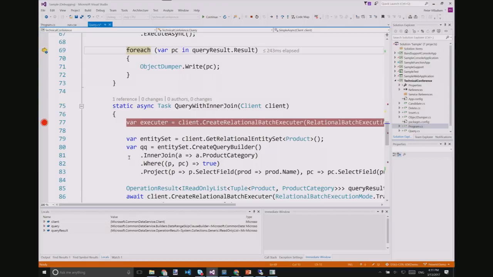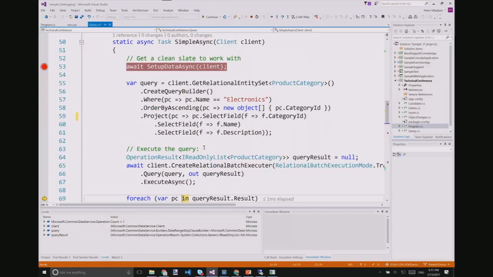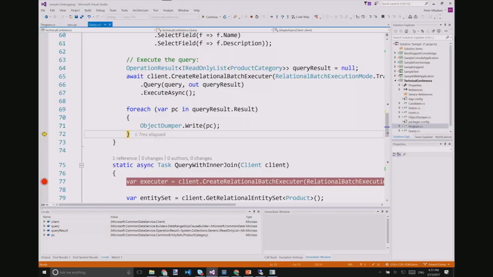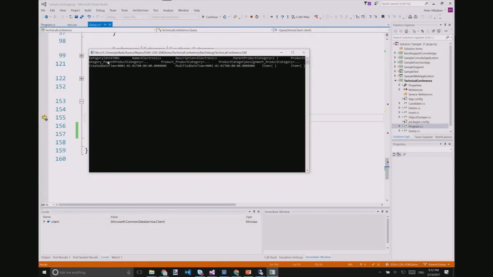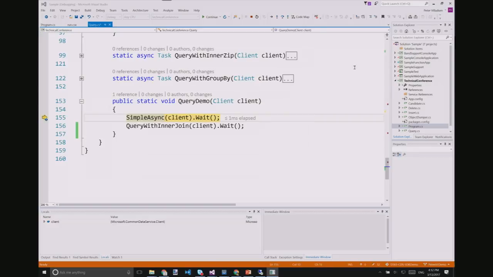So let's go on. So there's a for each because this guy, as you saw, here is a read-only list, so I can do for each over it. And with any luck at all, we will have here a category ID this, name electronics, which was the one that we were looking for, I guess, right? And so on. So it actually nicely did work.